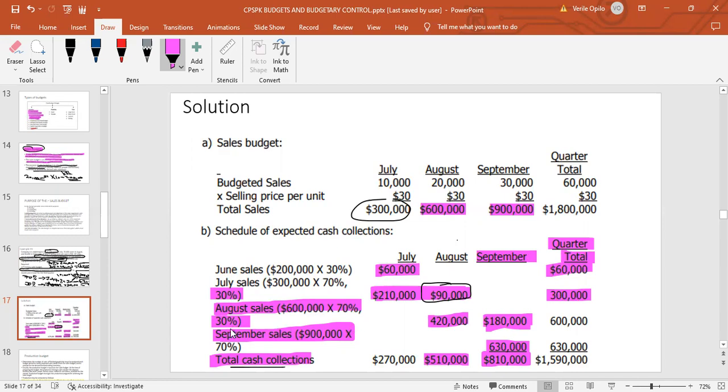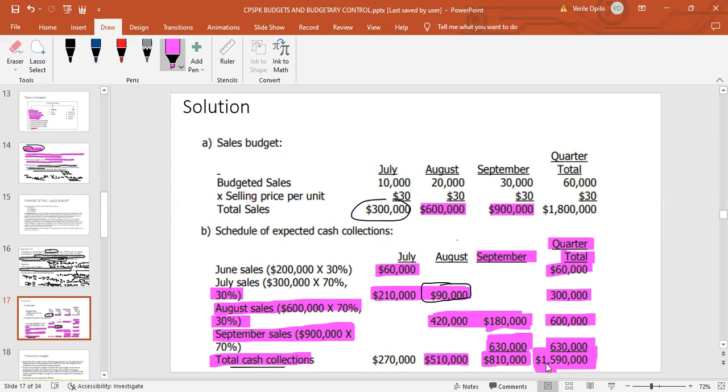Then we go to these ones in August. For August, we have a total of 420 plus 180, that one to give us 600,000. And then now in September, we're going to receive 70%, sorry, of what was sold in September, which is 630. So the total sales for that quarter, we add it by 60, 300, 600,000, 630, that should give us